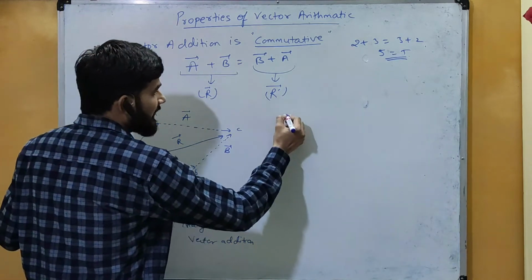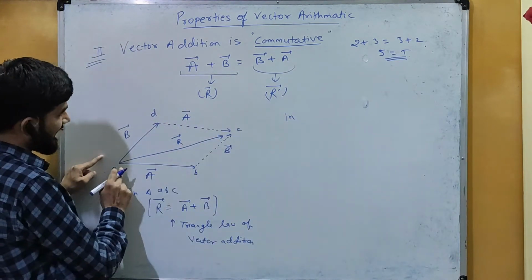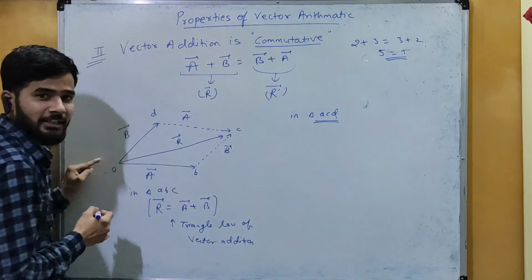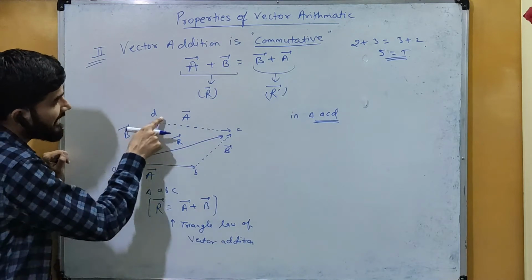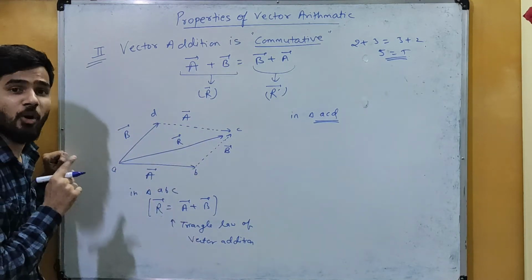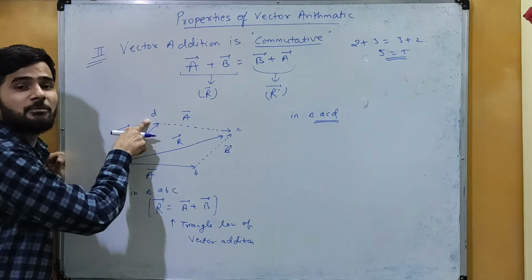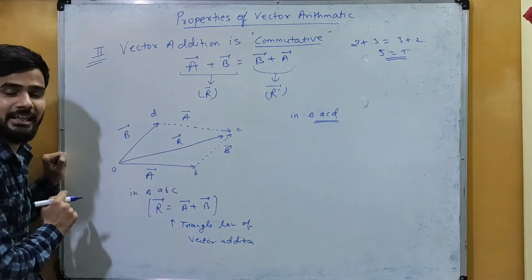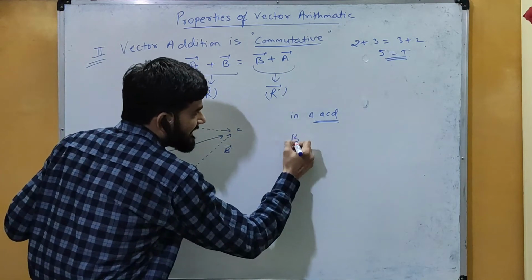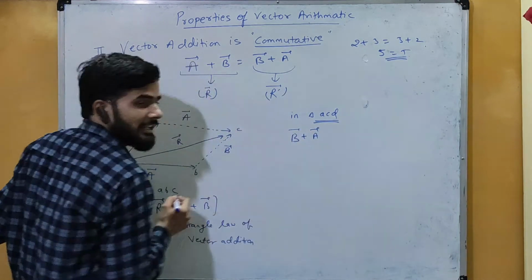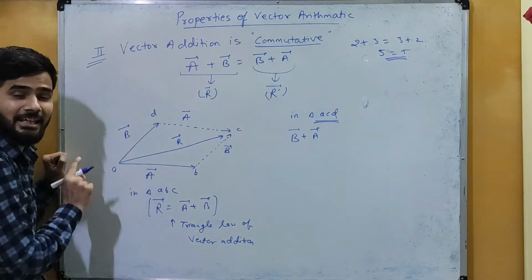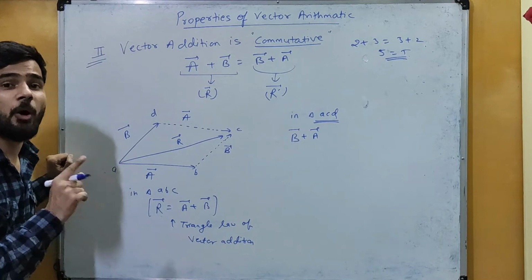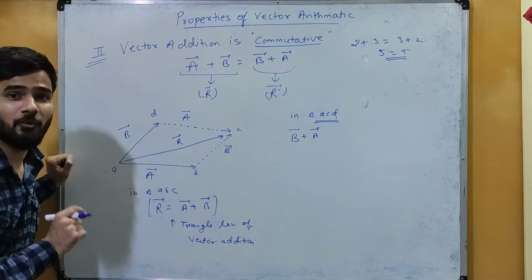Okay, in the same way if I want to write it for triangle ACD, you can see this vector B and vector A, they both are in the same order. कैसे? क्योंकि जहाँ पर vector B खत्म हो रहा है वहीं से हमारे पास vector A start हो रहा है. So we can say this vector B and vector A, they both are in the same order. So I can write this vector B plus vector A. Okay, B plus A. Now the resultant will be the third one which is taken in the opposite order, and that will be the third side of the triangle.